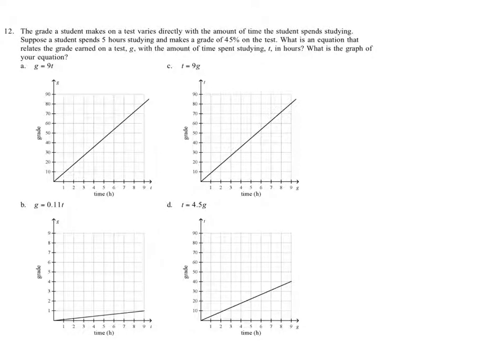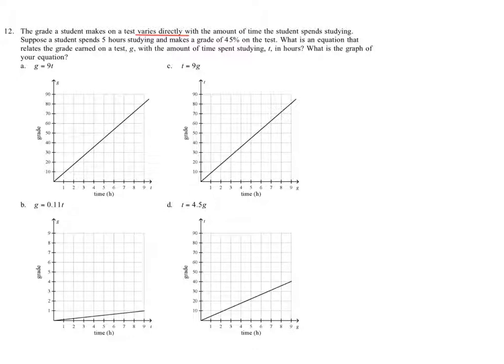This says the grade a student makes on a test varies directly with the amount of time the student spends studying. Varies directly means it's a direct variation situation. It goes through 0, 0, as you can see it doing on all of these graphs. And that means that if you wanted to find the k value and write the equation, you can simply take